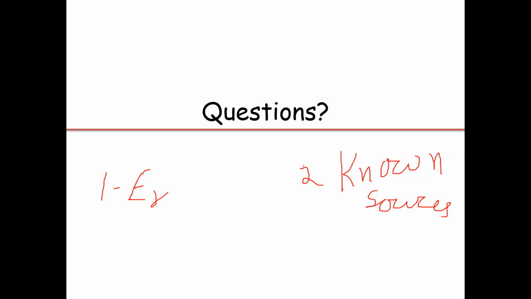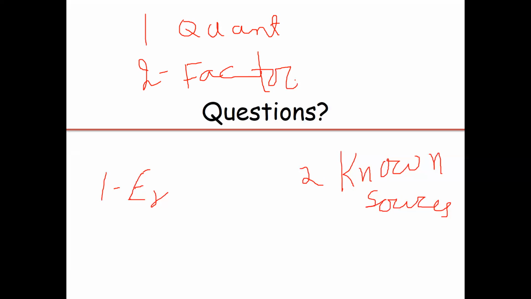Two known sources means one quantitative or scaled variable is required, and two nominal or factor variables are required. Two factor variables. So totally 3 variables are needed: 2 nominal variables and 1 scaled variable, if we want to apply the two-way analysis of variance